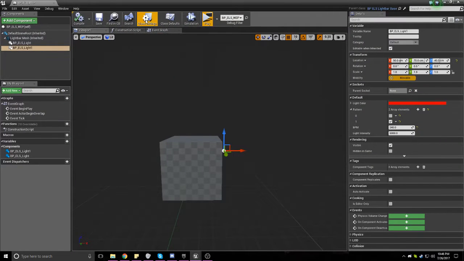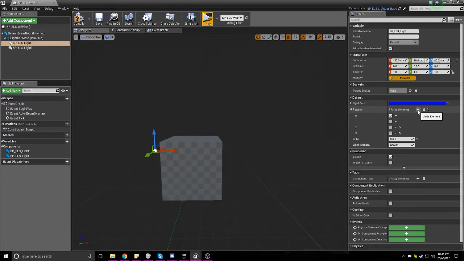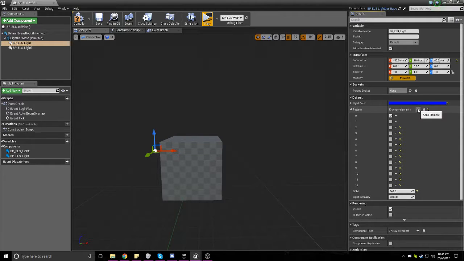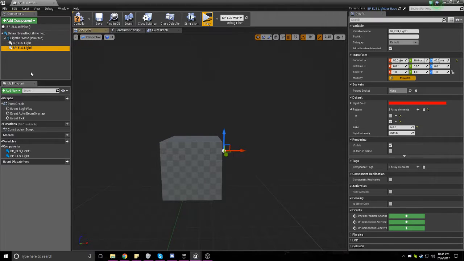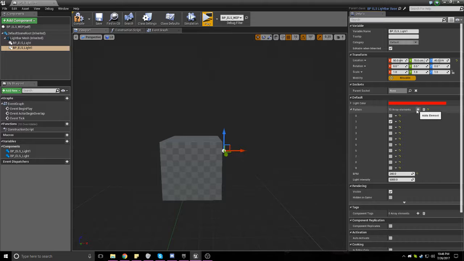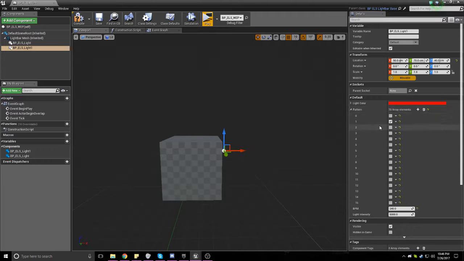Let's say we want to add something fancy to it. All we need to do is click on the light, and let's say I want to add a pretty big pattern, so 16. So we'll have it go on for 2, off for 2, on for 2, off for 2, then skip one every other one. And I want it to alternate for this red one. So we'll add up until we have 16, and just give it the exact opposite. So off, off, on, off, off, on, off, on, off,